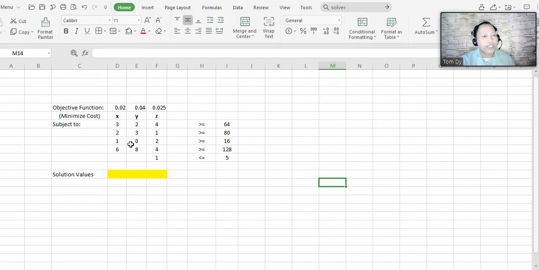Okay, now another example. Our objective function is 0.02 plus 0.04 plus 0.025, and we are going to minimize the cost, subject to the following constraints. First equation 3 2 4, second equation 2 3 1, third equation 1 0 2, fourth equation 6 8 4, and then another equation wherein we have the values of z less than